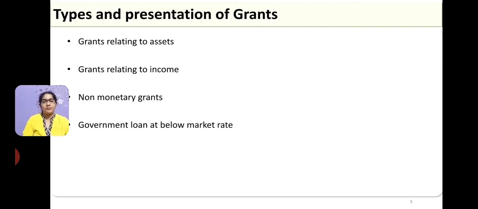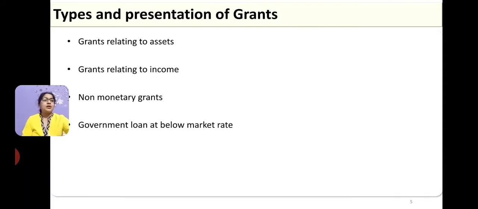of the company. Again, government grant can be in the nature of non-monetary, again by giving marketing assistance, or providing advertisement facility, or providing subsidies, or providing any such facility which helps the organization to increase its income. Then government loan below market rate. Yeah, this is also one of the types of government assistance or grants. So when government gives a subsidized loan, even that is part of the government grant as per Ind AS